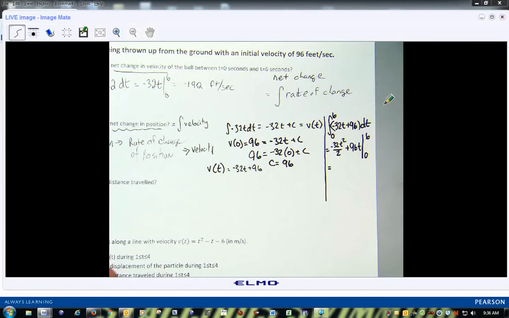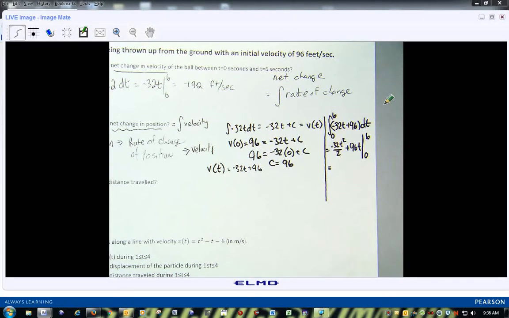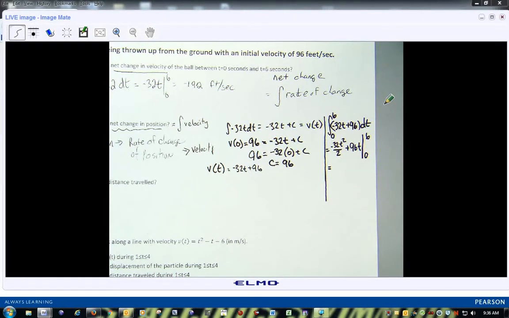Now at this point you could dump it into a calculator. And I'm going to, because I have a lack of space, and a lack of other stuff too, but